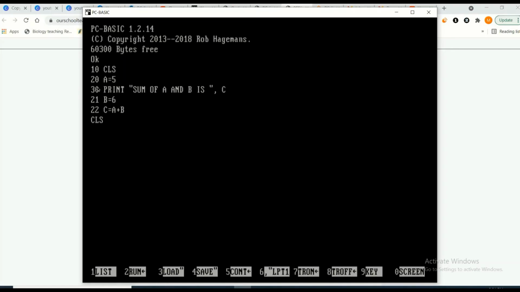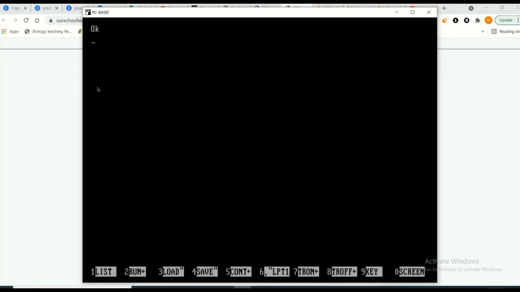When I apply the command CLS without a line number, I will see an immediate result. The purpose of CLS is to clear the screen, but the program which I have already made on line numbers is saved in RAM. So I can see the program without a line number. I write the LIST command and press the enter key, and this program has been retrieved from the memory.